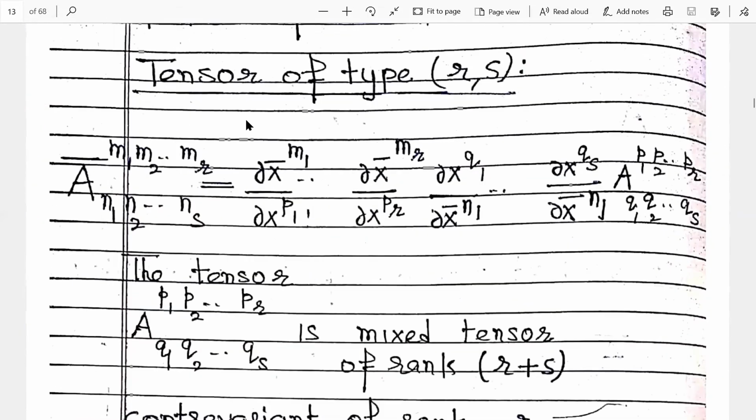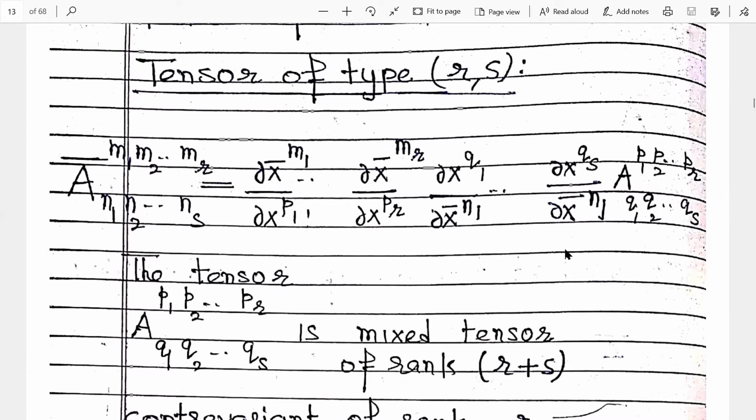Now in general, if we write a tensor of type R and S, the first means contra, R means contra, and the second means co. So R means contra, S means co. Contra means upper part, this is at lower part, m1, m2, and so on up to mR, because its order is R and its order is S, and the total order is R plus S. So this A bar is related to A, again R contravariant and S covariant. Clear? So this is the value.